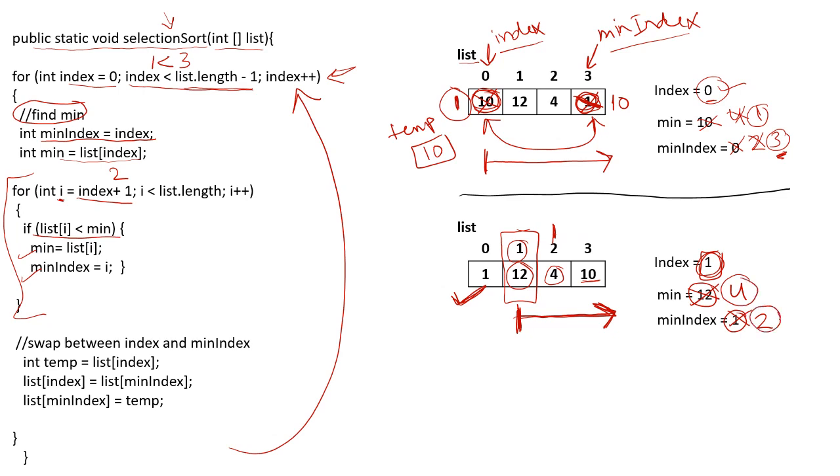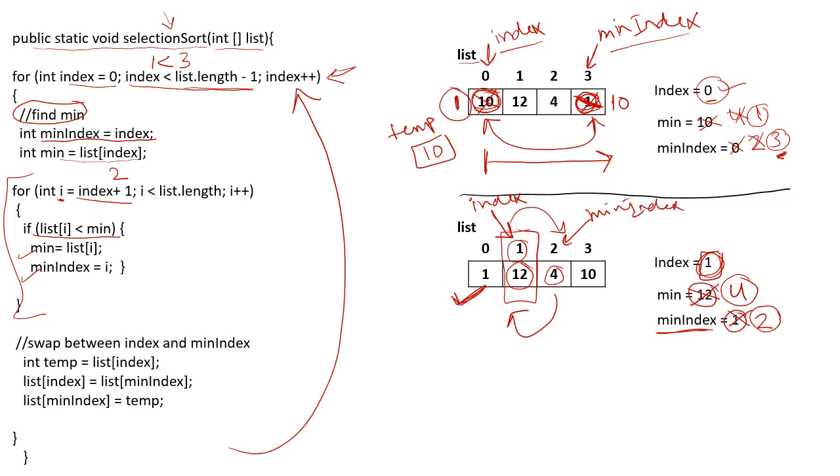Now what we need to do next is, because we found that 4 is the minimum, I have to move it to location 1, and whatever we have in location 1 we have to move to location 2. We need to do a swap, and as we mentioned, the swap will be between two elements, the element at location 1 and the element at location 2. The element at location 1, we are referring to as index. The element at location 2, this is the location of the minimum. So this is the variable